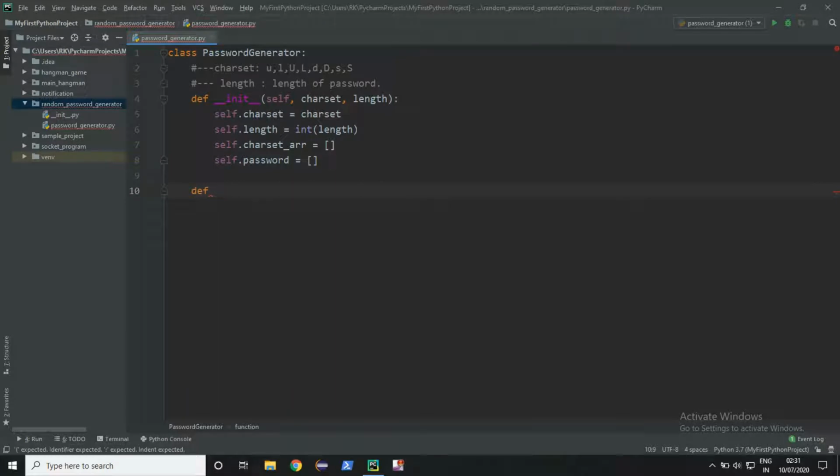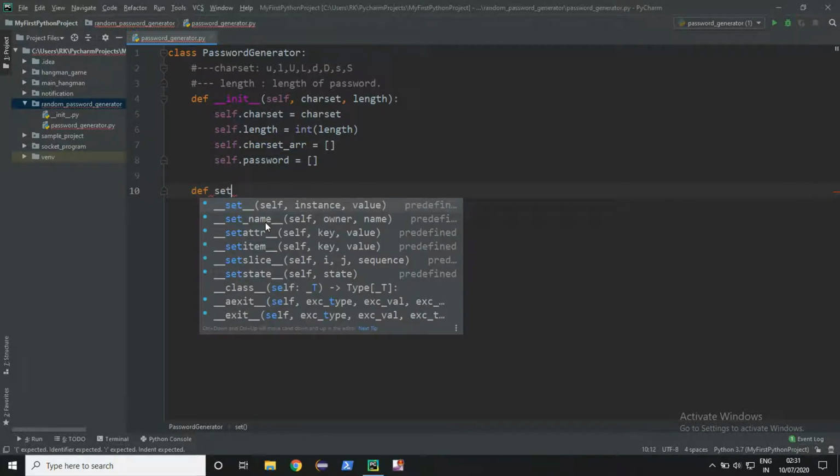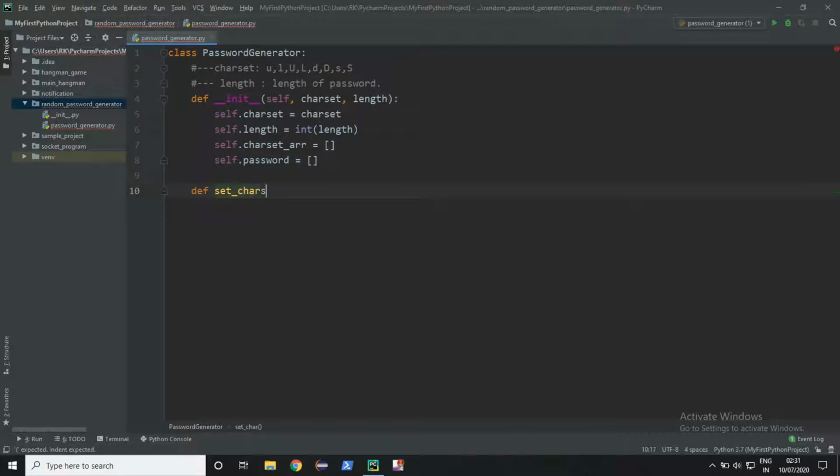Basically we will check what the user has entered for the requirement of the password. If he has chosen uppercase and lowercase, we will set the uppercase and lowercase alphabets to the charset array. For that we will make a function set charset.